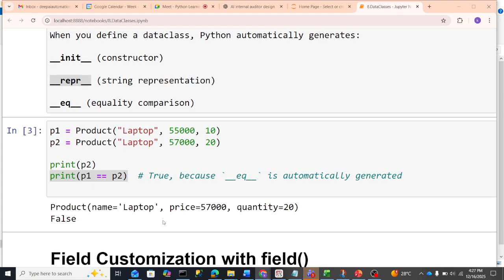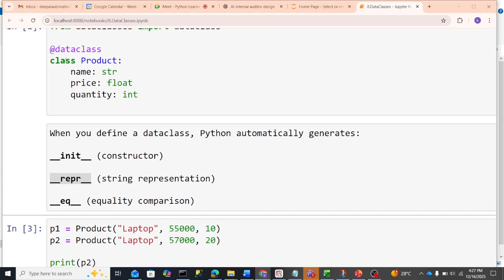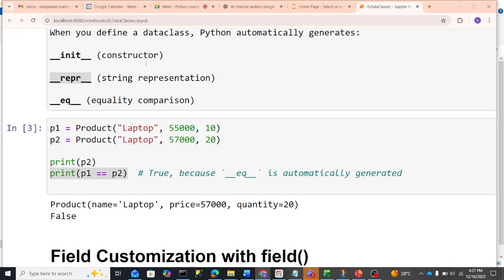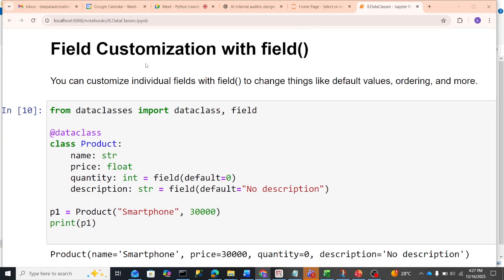So you understood what is the purpose of the data class decorator. It will provide you some default methods, so you don't need to create them explicitly. Then the other concept is